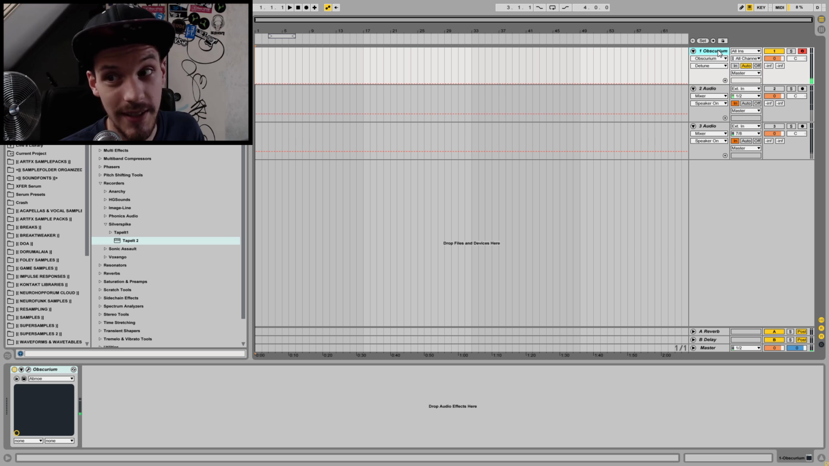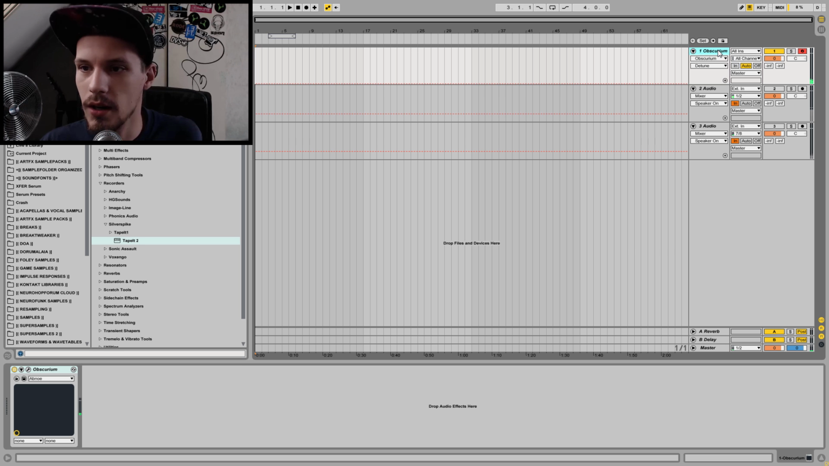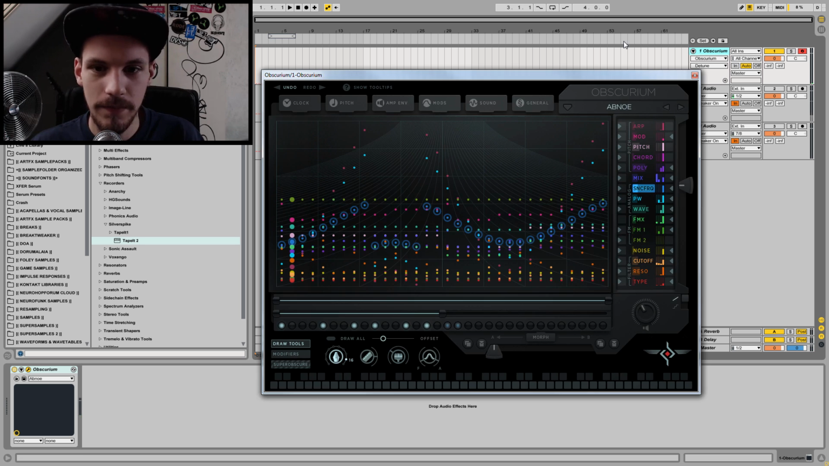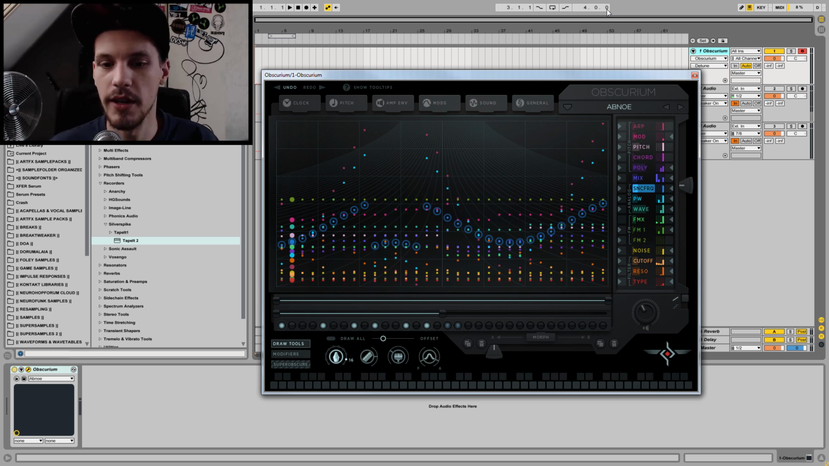I haven't really tested this out yet, I've just got it in the mailbox. It's a new plugin by SugarBytes, and it's called Obscurium. Now, Obscurium is really interesting. I've been playing around with it for about 5 minutes, so I haven't really spent too much time with the plugin itself, but